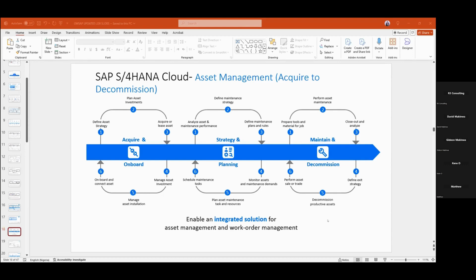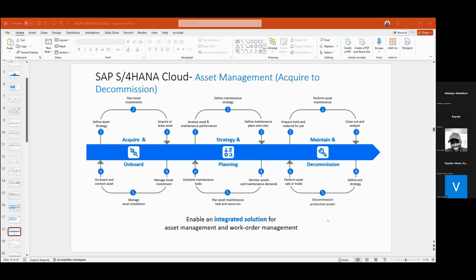First off, S4HANA denotes asset maintenance as the asset management acquire-to-decommission process. If we remember where we were talking about the order to cash, the order to sales, and all those other processes, the asset maintenance is categorized under acquire to decommission.